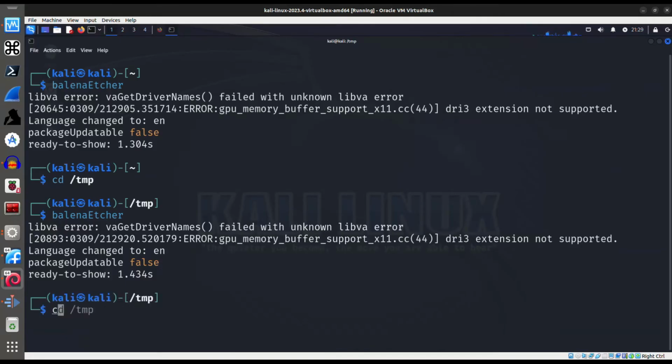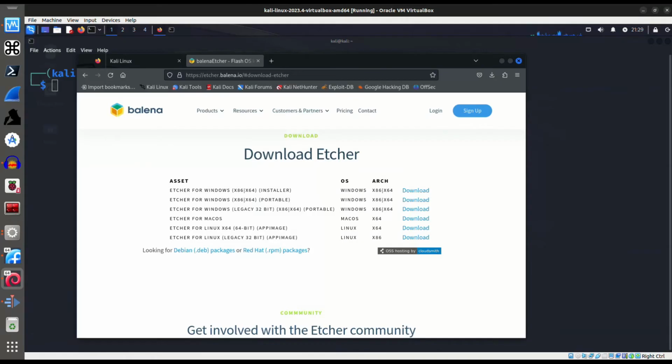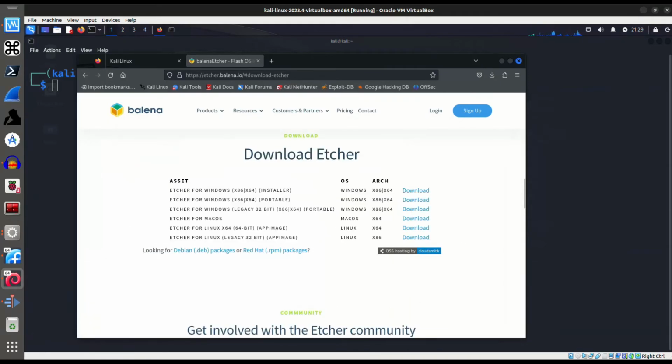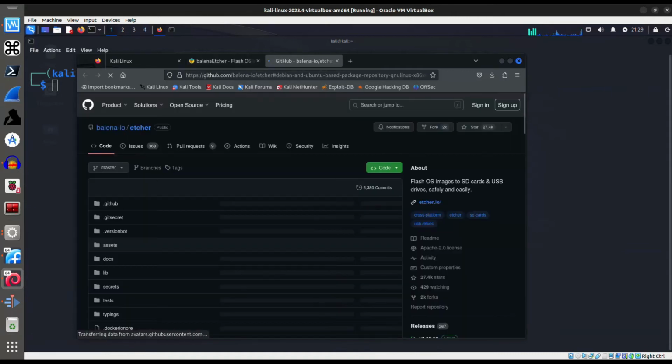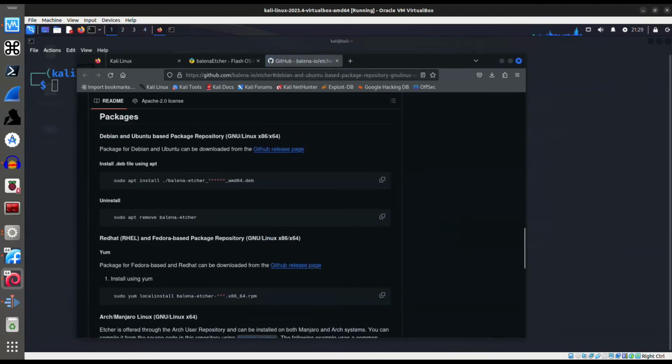Now, the last thing I will show you is, if I go back over to the download page here, we did the AppImage, and that to me is just the easiest way to do it. I don't really see any reason to do it any other way. But if you see down here, it also says if you're looking for Debian packages, .deb packages. So if I click on that, it takes me over to the GitHub page, and you have another way of